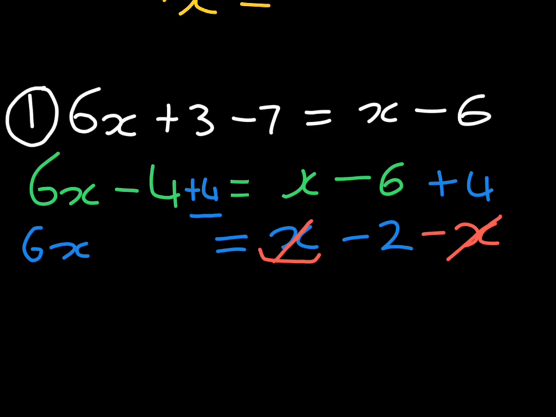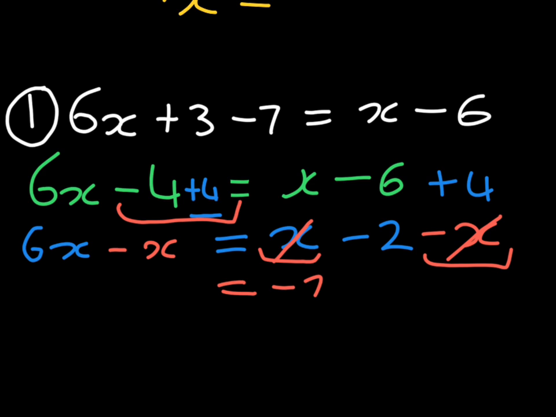minus x gives us 0, just like we did with the minus 4 and the positive 4. Remember, we added 4 because we had negative 4 and we wanted 0. So because we minused x on the right-hand side, we need to minus x on the left-hand side as well. Okay, and once we have minused x from the right-hand side, we know that we are only going to be